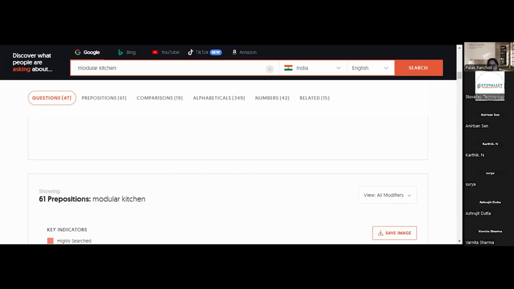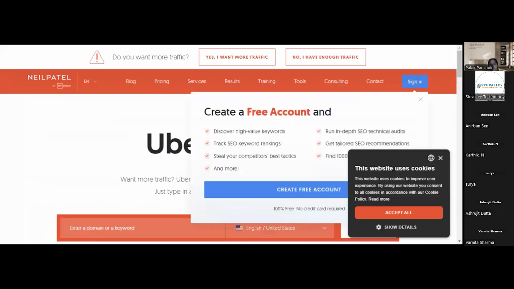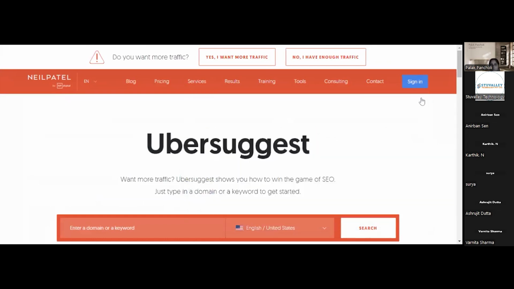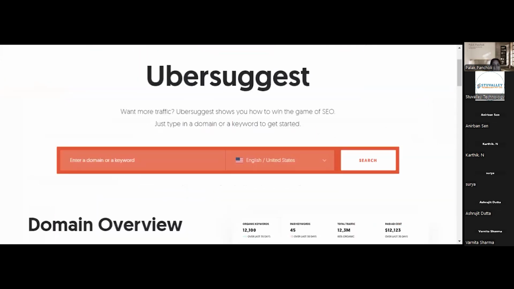Now another tool we have is Ubersuggest. We will use the free version only. In the paid version you will get more details, but there is a limitation in the free version.